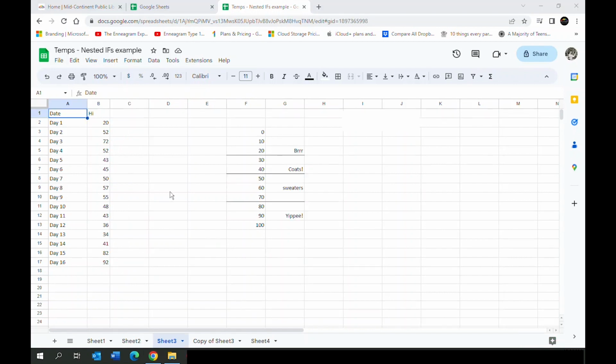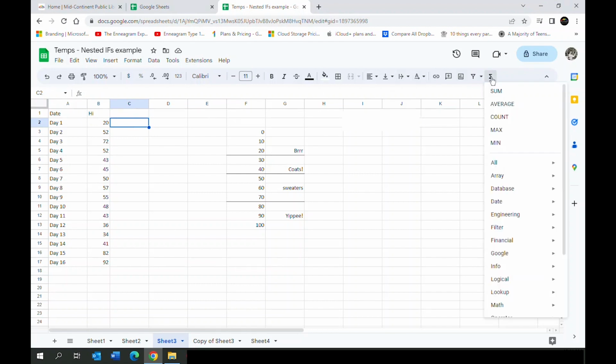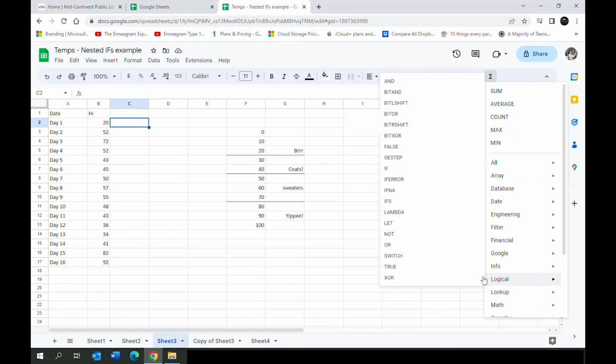Looking at our new example, if we look on the right where I have the chart of temperatures, we can see that instead of 3 possibilities, we have 4. So here I have potentially a true answer and then 3 falses that I need to go through and try to just work my way through testing for true and false and true and false until I get to the end of this chart. So in C2, I'll again go to the functions button and go to logical, and on